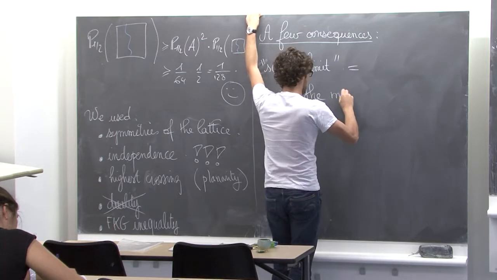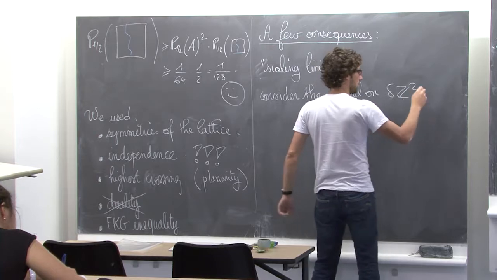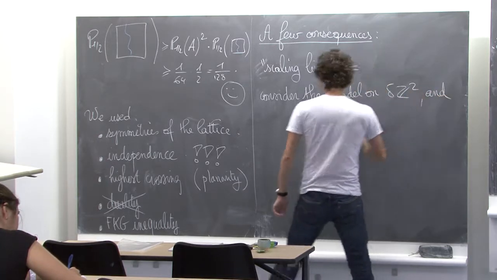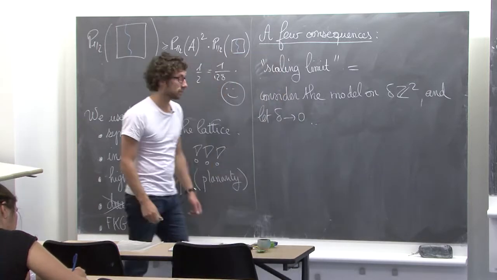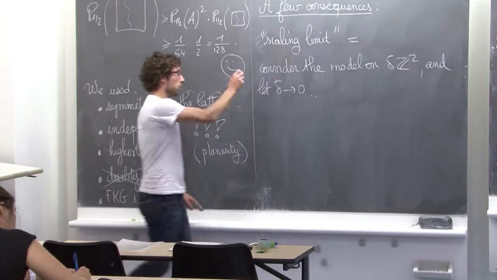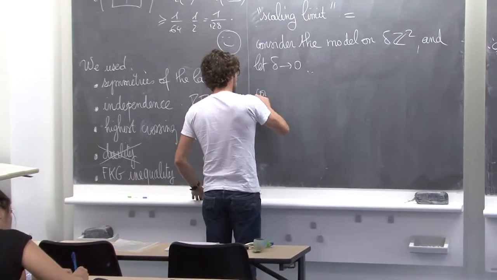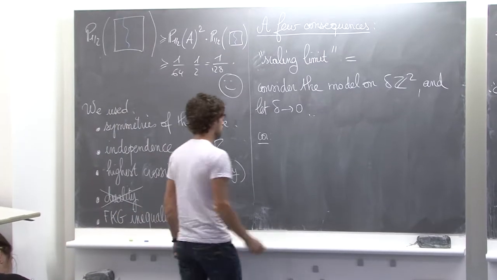The model on delta times Z2, and let delta tend to 0. Okay? And now with this notion, I can, for instance, express the following corollary, which is: let